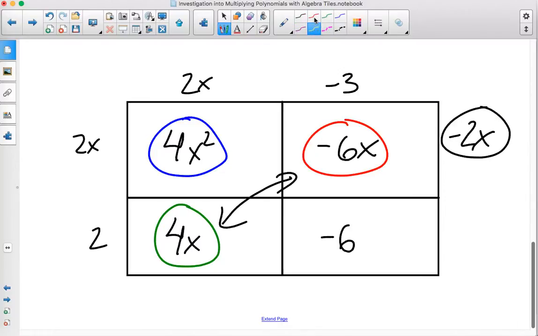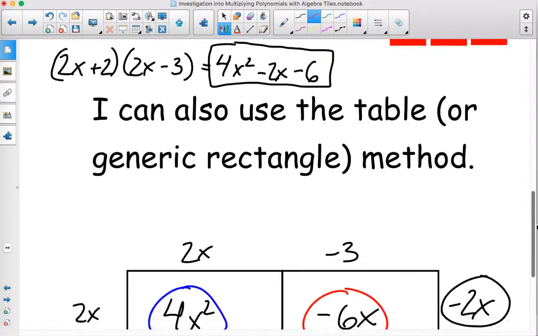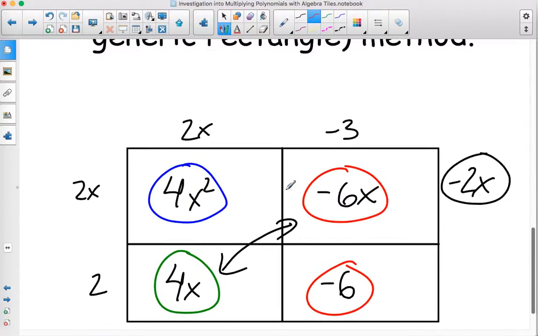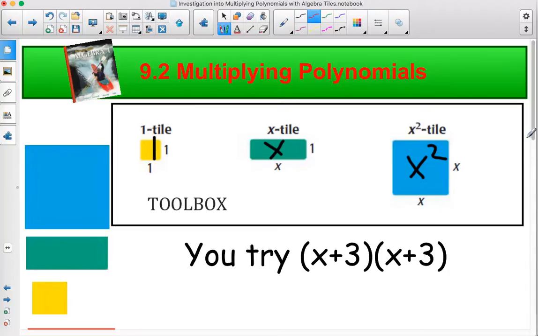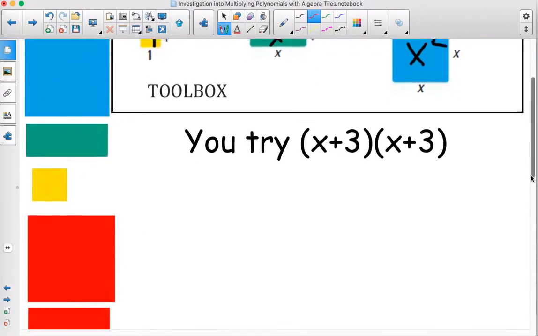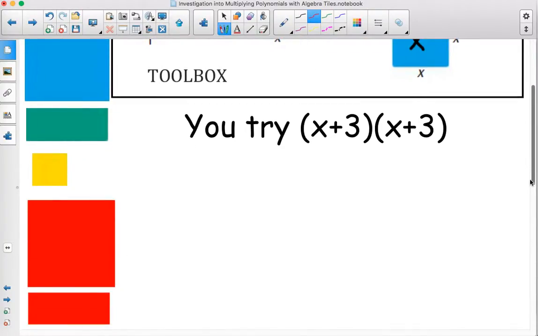And then here are my negative 6 ones. So in total I have 4x squared minus 2x minus 6. So you can also use this generic rectangle, or I like to call it the table method. To close out, the final one is I want you to try to make one that's x plus 3 by x